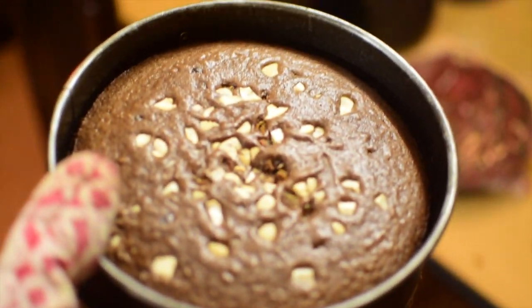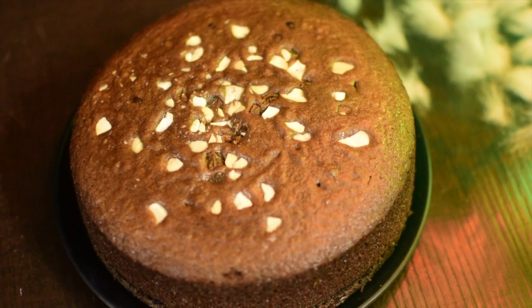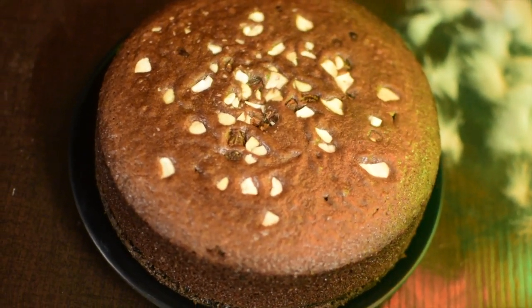Then we returned home and my cake was ready, so let's see how it is. Merry